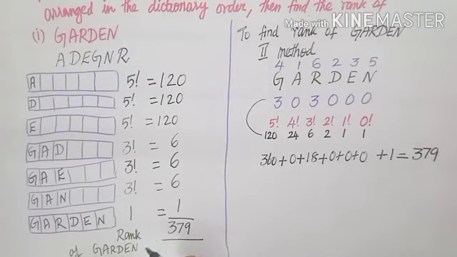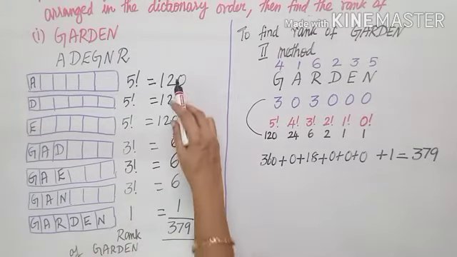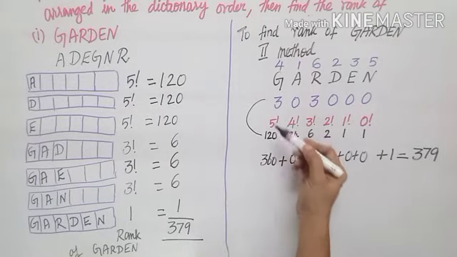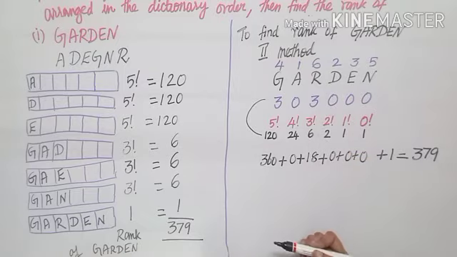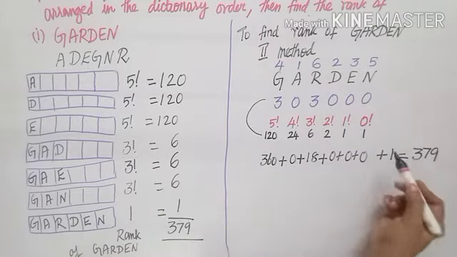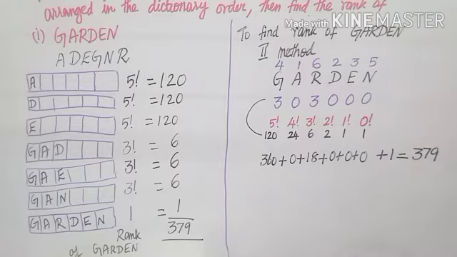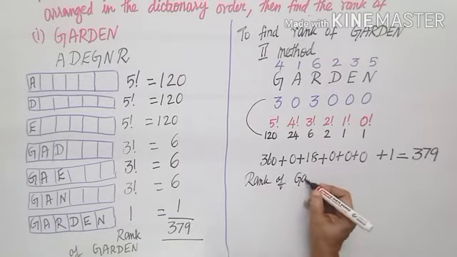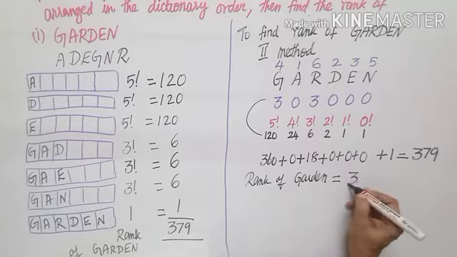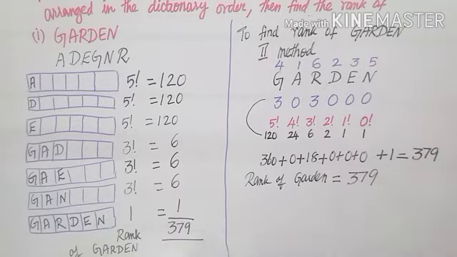This we have done according to ADE, starting like that way. This is another easy method. You can check these two. 3 120s only we are doing here. 3 into 120, 360 is coming. 360 we have multiplied. The last word that we have achieved is 1. So we are adding 1. So after doing all this, add 1 and this gives me the rank. So take and write the rank of the word garden as we write in the dictionary is 379. Those who find this method difficult can also try by this.